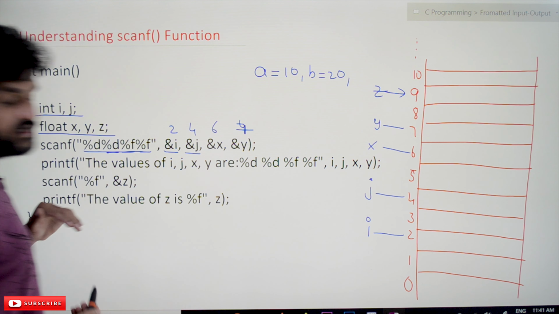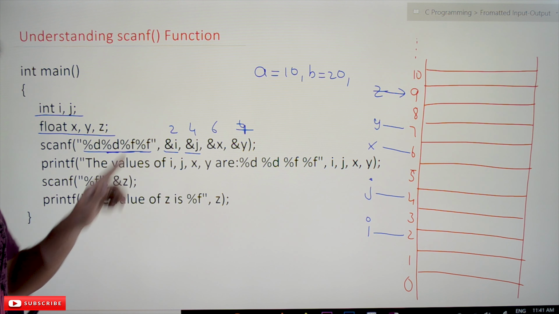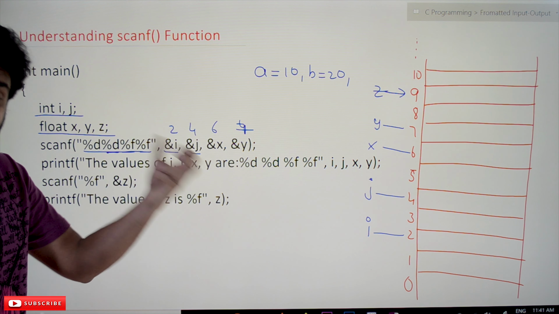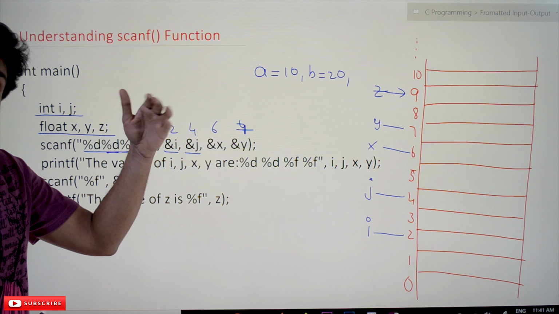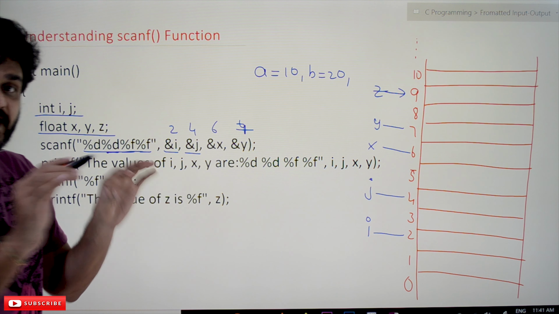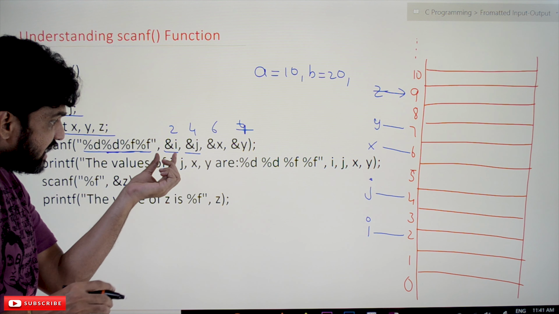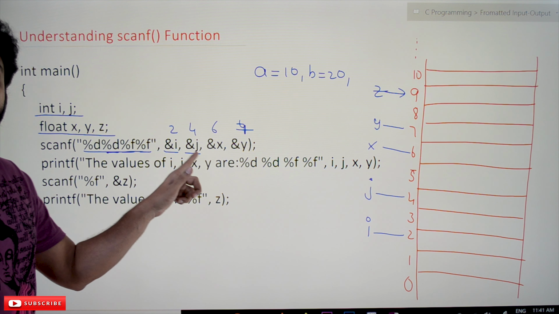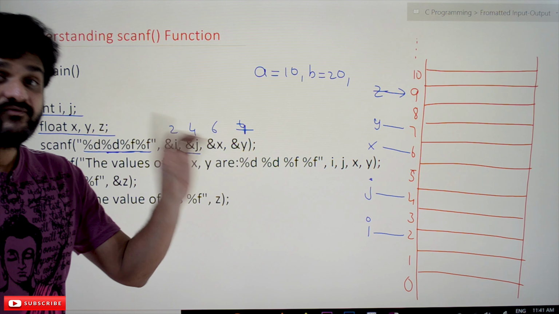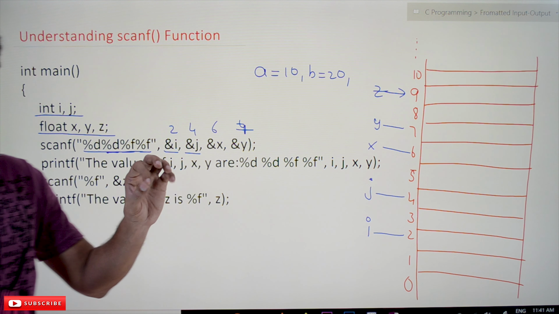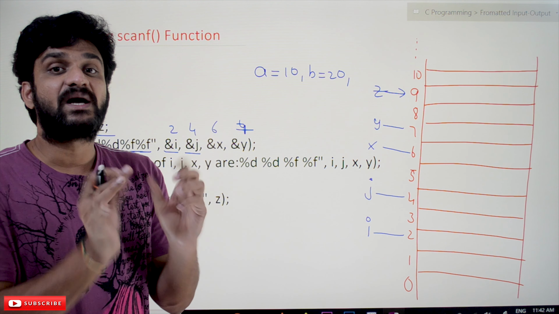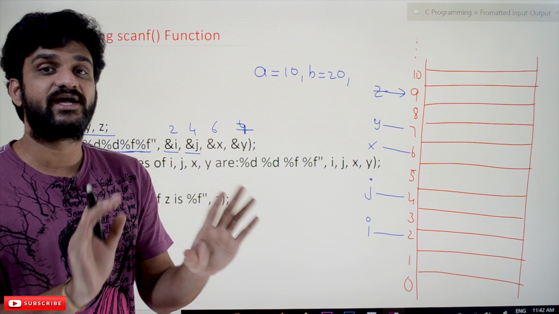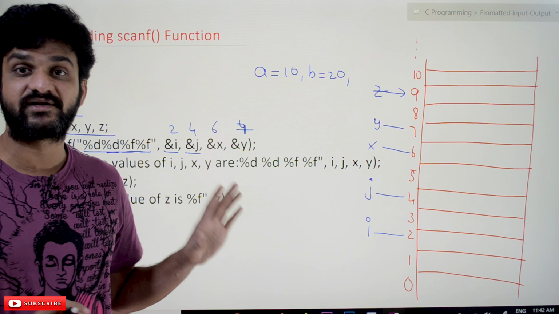A detailed explanation about ampersands we'll see in later classes. As of now, just remember that for scanf we have to use the ampersand symbol. It is mandatory. Without using the ampersand symbol, the compiler will get confused and you are going to get undesirable results.